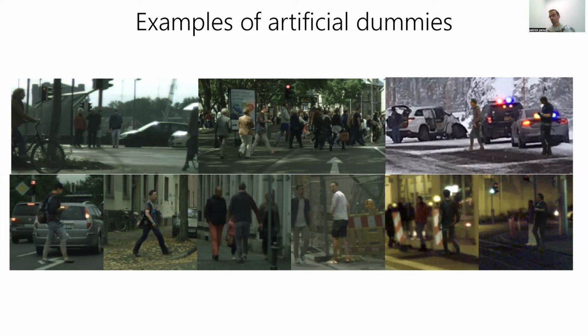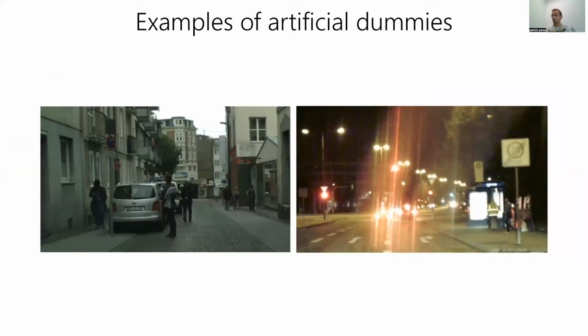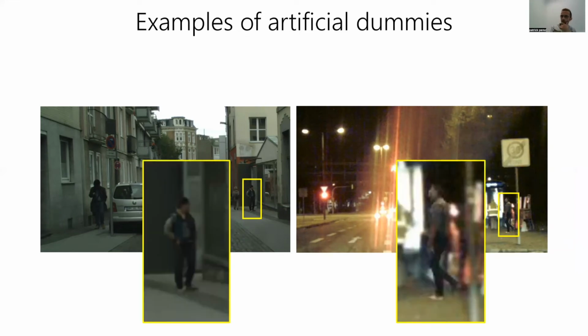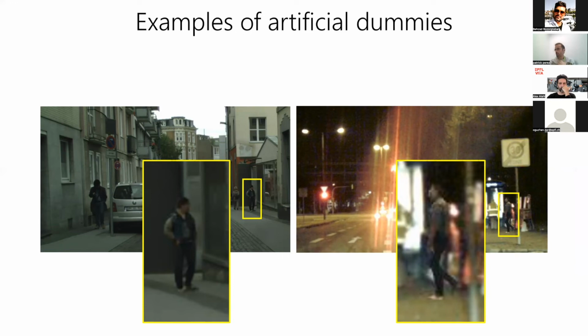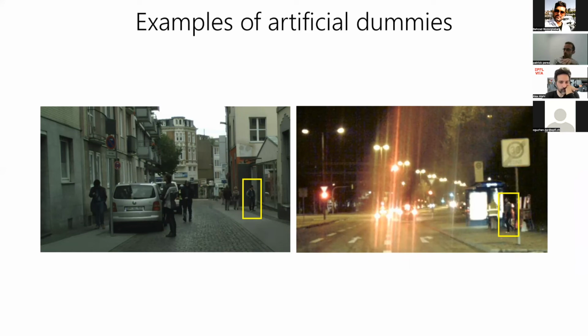And we used that in different protocols to test its usefulness. Oh, by the way, just two examples here where I show explicitly who the fake pedestrians are. On the left is fairly good. On the right is not so good. Actually, it's a naked foot, I think. But it has the right sort of texture, and it blends in. If you don't look at the blown-up version, it blends in fairly well in the scene, and it turns out to be good enough to be useful for training,